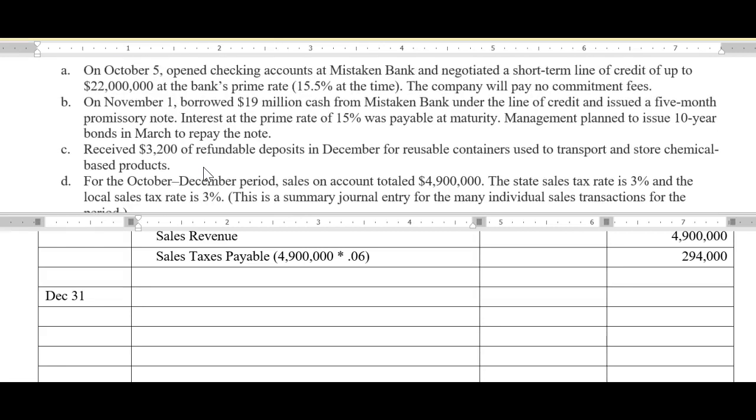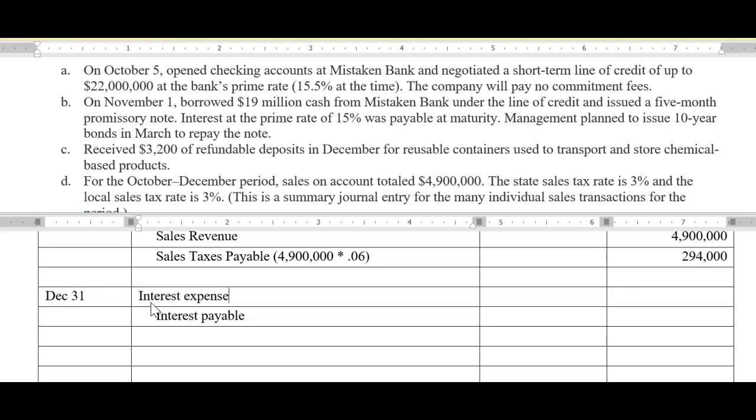So do we have any of those? Well, absolutely. Remember, A was non-event. That $22 million is a line of credit, but when we borrowed against it on November 1st, we did take out an interest-bearing note. So we're going to have to accrue the interest expense that would have accrued between November 1st and December 31st. Now we do not have to pay that interest until next year, so instead of hitting cash, we're going to actually hit interest payable there to show that accrual. Now how much? Well,